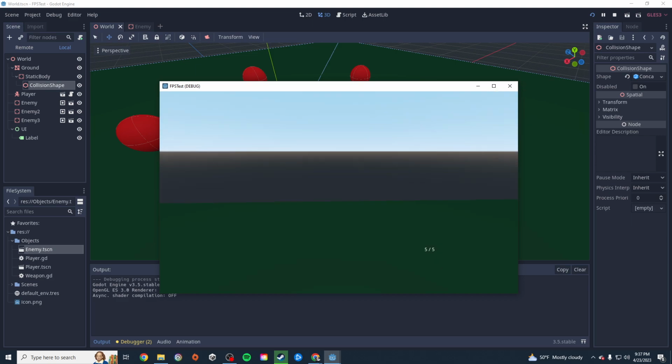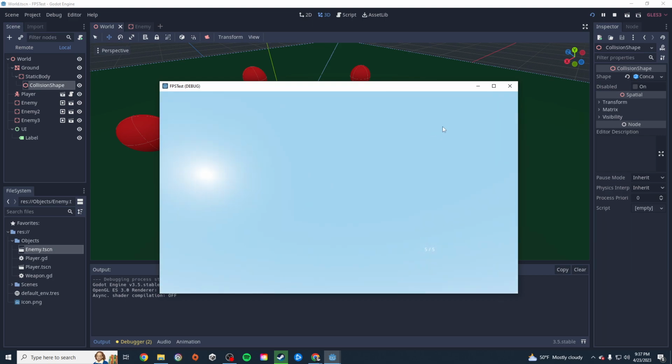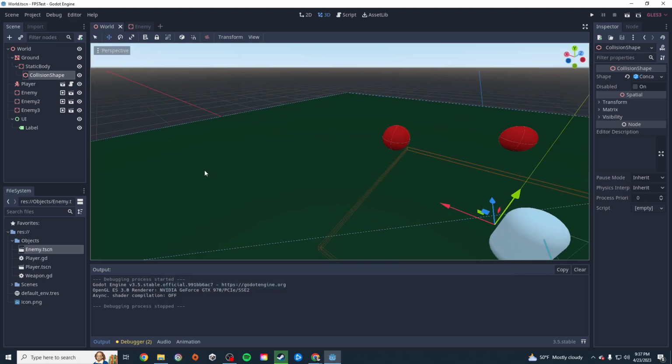Nope, it stayed with the entire size of the mesh instance. That was weird. That's strange. Anyway,